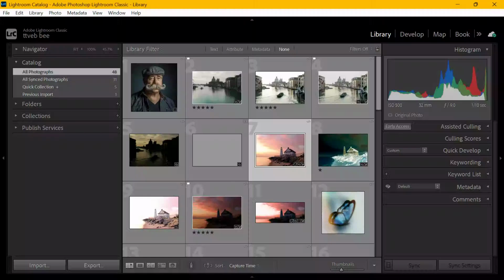If Lightroom is giving you a sign-in error or a login failed message, don't worry, because in this video, I'll show you a few quick fixes that usually solve the problem fast. This is a simple step-by-step guide, and by the end, you should be able to sign back in and get